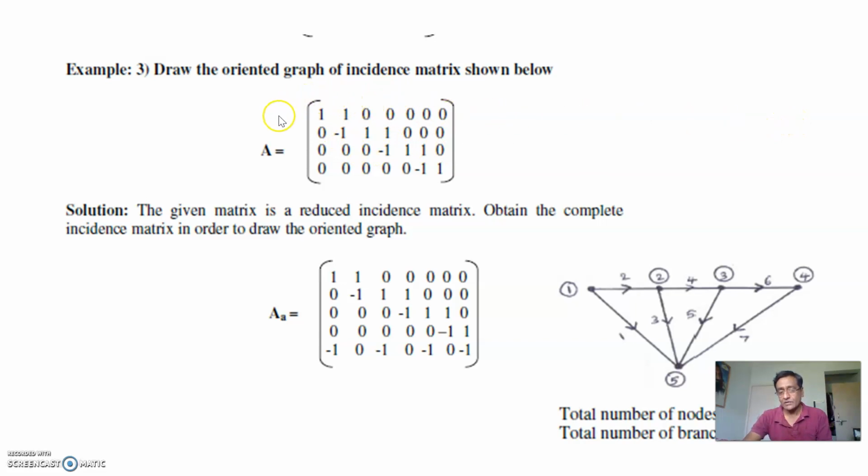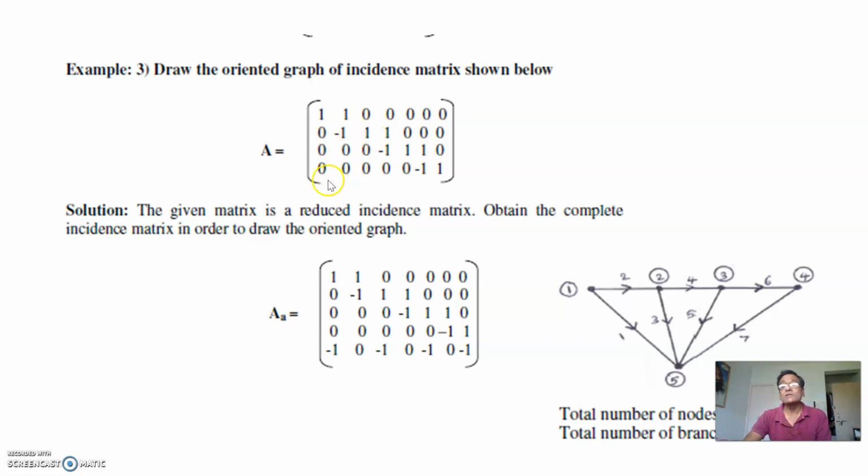But when you observe this, the first thing you have to observe is whether this matrix is a reduced incidence matrix or a complete incidence matrix. First you check whether it is a complete incidence matrix. How to check? You add the row elements: 1 0 0 0 1 1 minus 1 0 1. Here you get 1 1 minus 1 0. So all the elements of the sum row should be 0. That means it is not a complete incidence matrix. It is already a reduced incidence matrix.